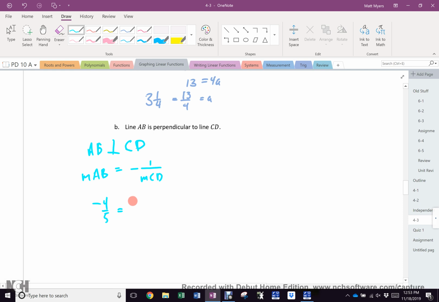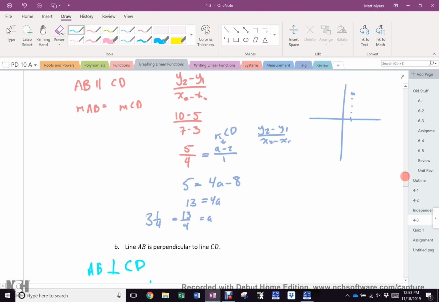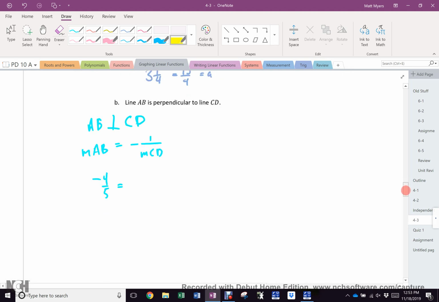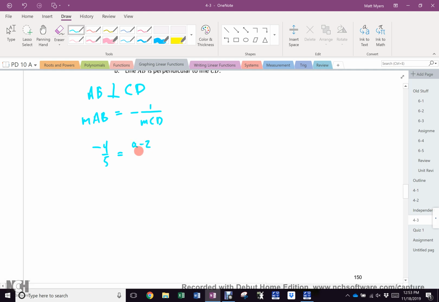Does the CD change at all? What was it? What was it? No, this. A minus 2 over 1. What is the way to solve this every time? What is it? Keep going. A equals negative 2. 6 equals 5a, and a equals